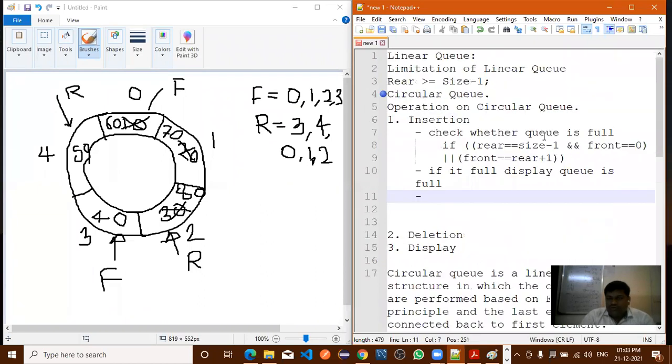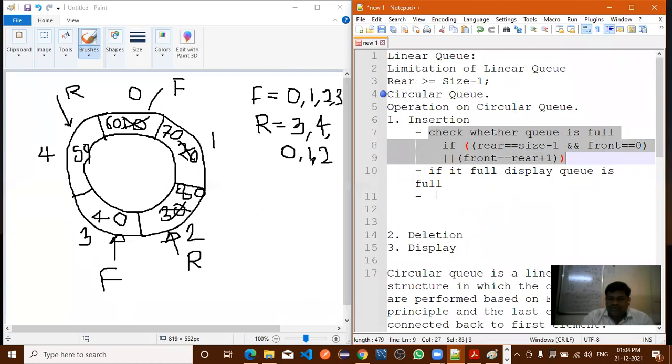Now if it is not full, which operation are we discussing? Insertion operation. Before inserting the element in the circular queue, first you need to check whether the queue is full or not.